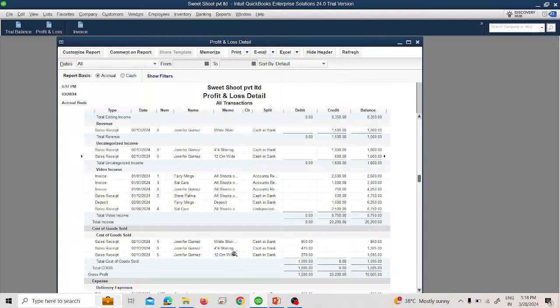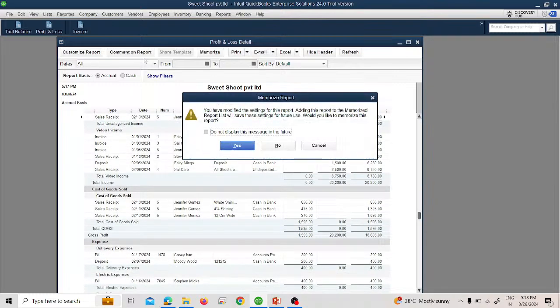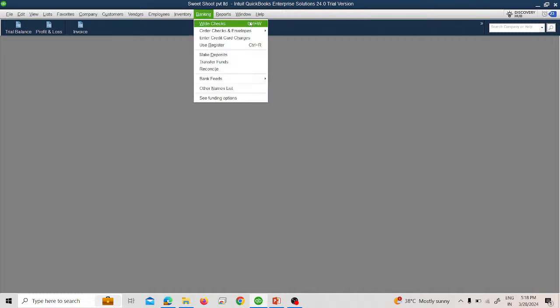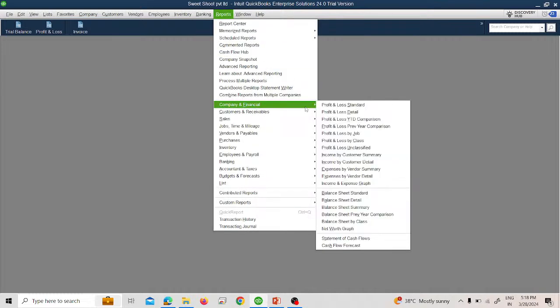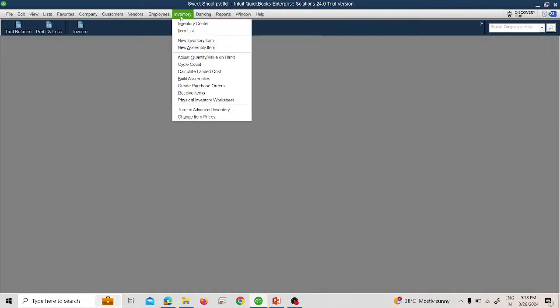Here you see the cost of goods. All these effects will show on the balance sheet, on the profit and loss account, on income and expenditure, and on the statement of cash flows. So now the other option of inventory is